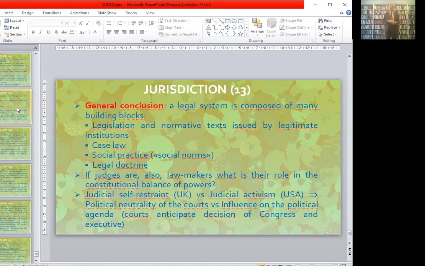And so surely we have legislation and normative texts, which are one of the blocks of a legal system. We have case law wherever we are, whether we are in a common law jurisdiction or in a civil law jurisdiction. Then we have social practice. Now this is very much studied in the US, this idea of social norms, and the idea that on the whole society